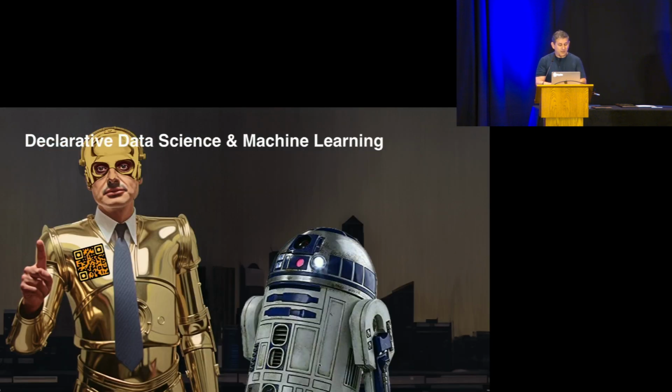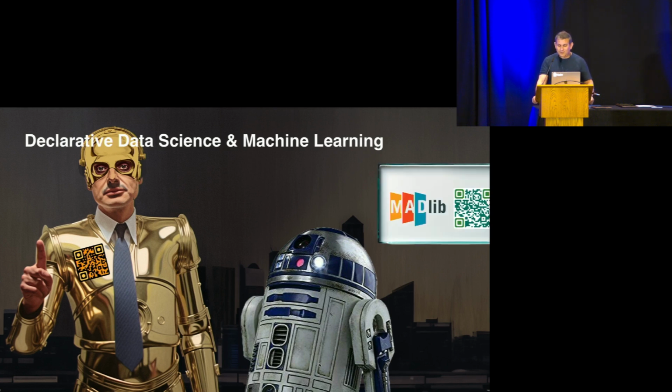Data science and machine learning, again, the QR code on our friend C3PO here, you can follow. It goes to the MadLib project, which we did back in, I think it was 2009 maybe. And this is work for doing declarativity for things like what is now called data science and machine learning algorithms. And you saw even in the dissertation talk today that MadLib is still an active project under the Apache Foundation, people still doing research in that context. And if you need to do machine learning inside Postgres, MadLib is your solution, so I encourage you to have a look at that. But for many years now, the database community has been contributing to the idea of doing machine learning and data science in this fashion. And I think even we had a keynote this week on that topic as well.